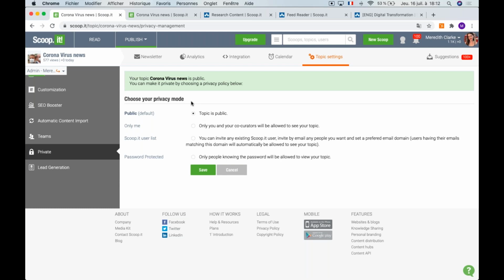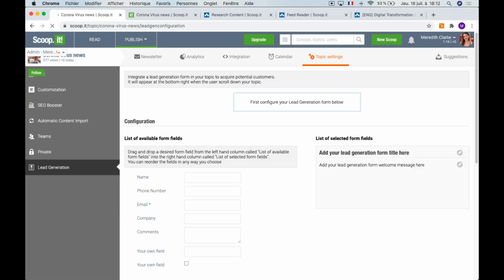And finally, you also have here the option to integrate sort of a pop-up, which will enable you to either collect email addresses, phone numbers, whatever is of interest to you to get better in touch with your viewers. So if you configure this, it will then just pop up when you slide down the page.